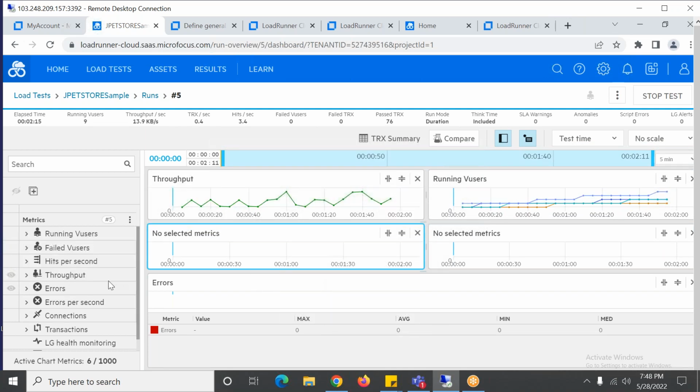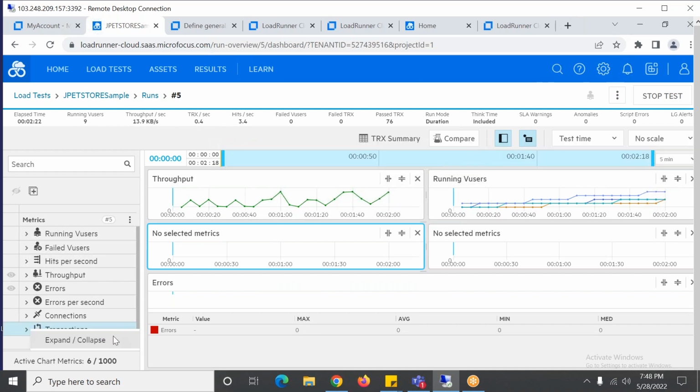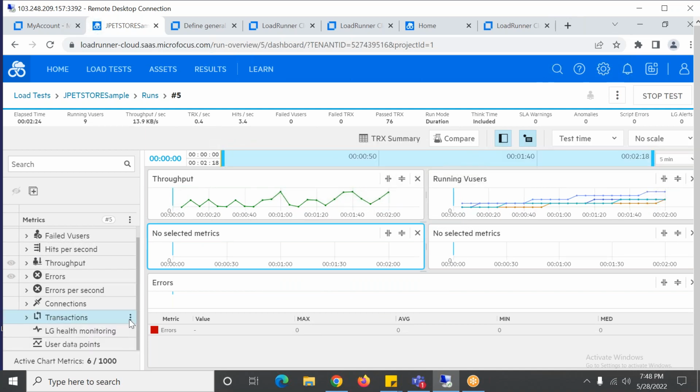Throughput is there, running users is there, errors, transactions. I can just click on these options and expand.